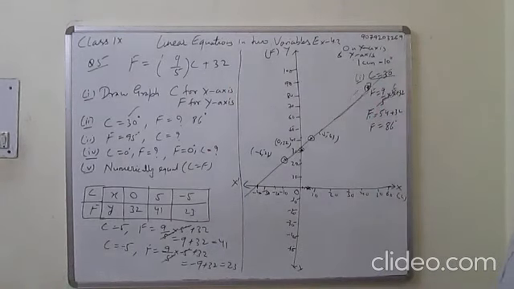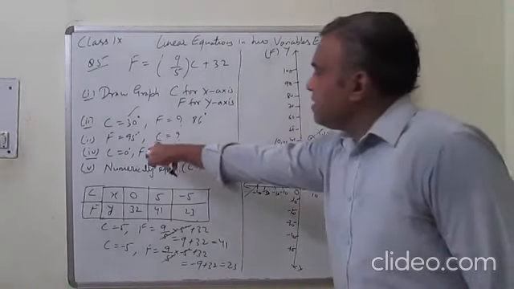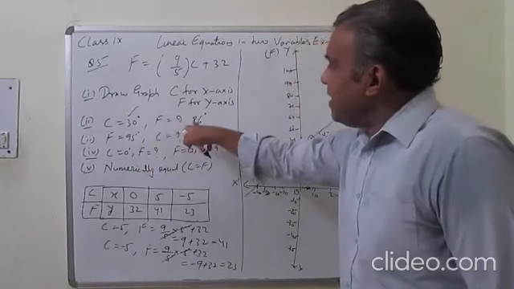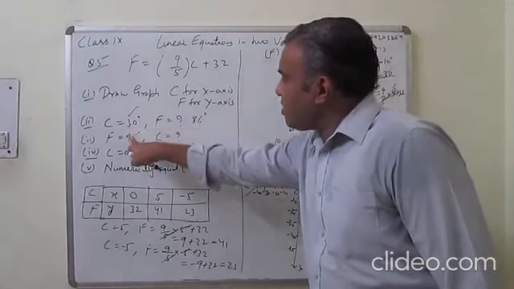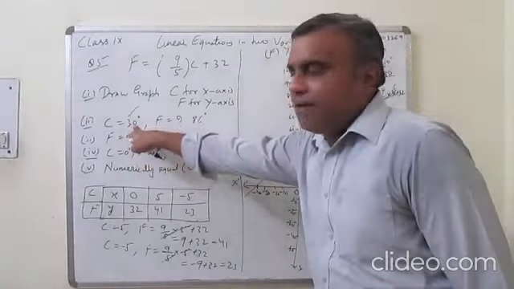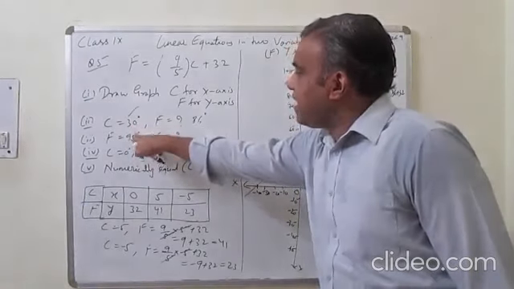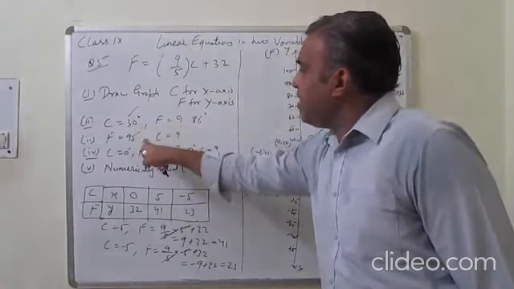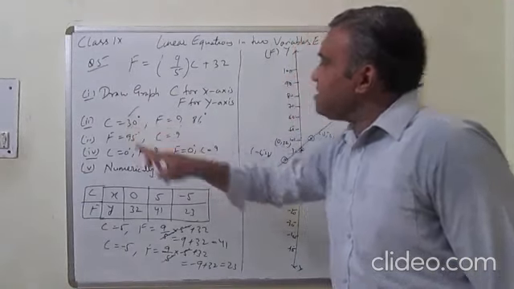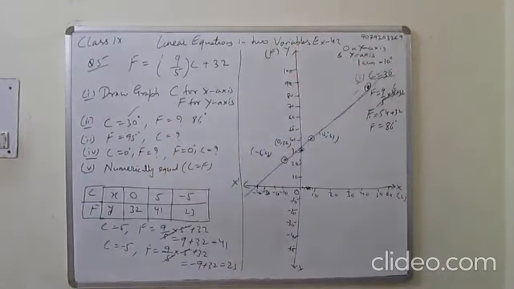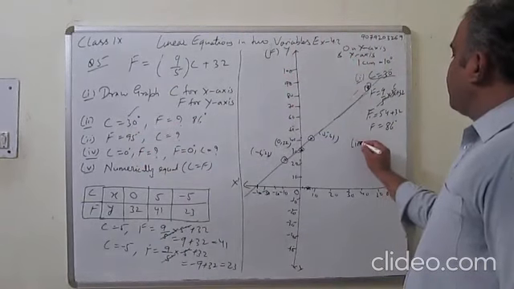Now second point. See here, 95 है, 86 पे कितना आ रहा है? 30 आ रहा है तो 95 पे कितना आएगा? 30 से ज्यादा आएगा. It will come more than 30. 86 पे 30 आ रहा है. फ़ारेनहाइट अगर 95 है तो सेल्सियस कितना आएगा? More than 30. Now calculate second point.